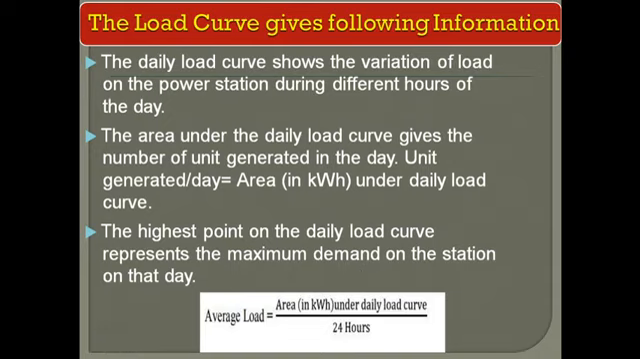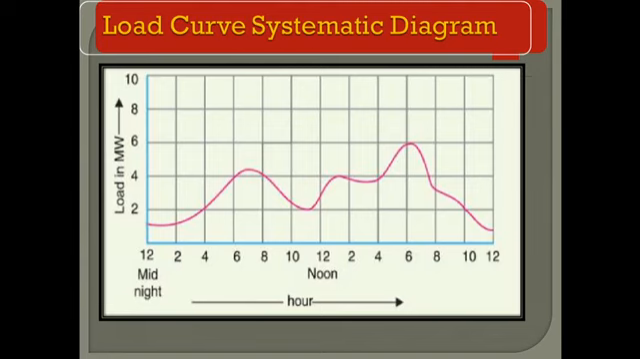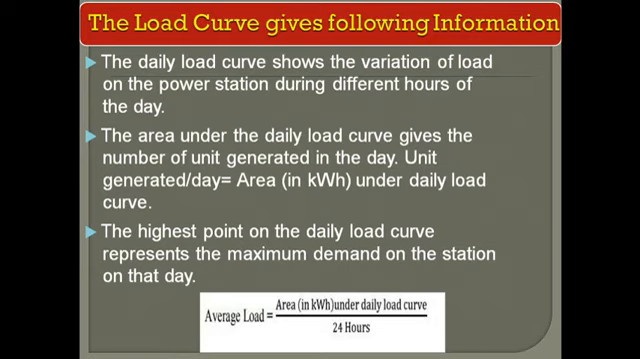What information do we get from the load curve? The daily load curve shows the variation of load on the power station during different hours of the day, as you can see in the previous slide. The area under the daily load curve gives the number of units generated in the day. Units generated per day is equal to the area in kilowatt hour